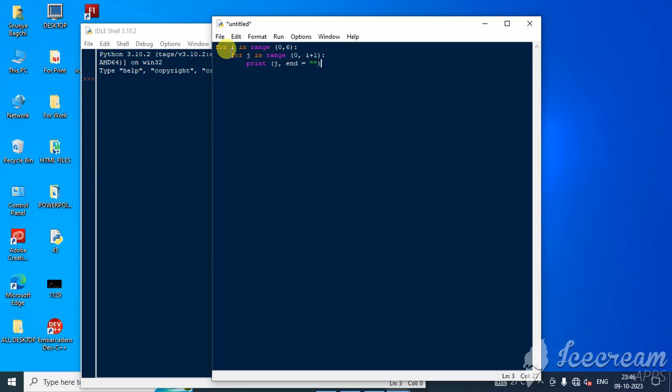So we are giving end equal to a space in double quotes for the horizontal result of this particular output, and also we are using the j variable which is used for the second for loop, which is called the inner loop of this particular program, which is used for the column section,